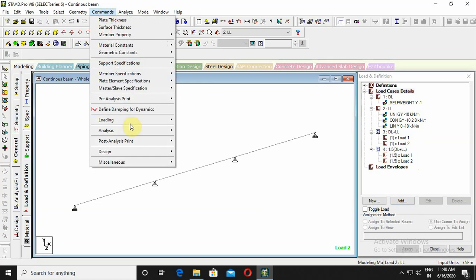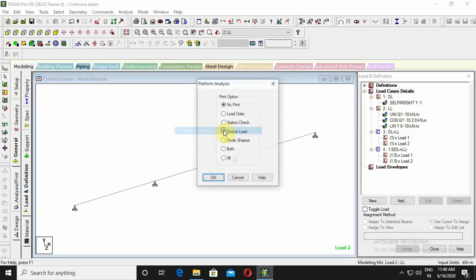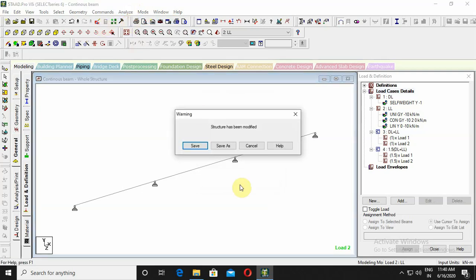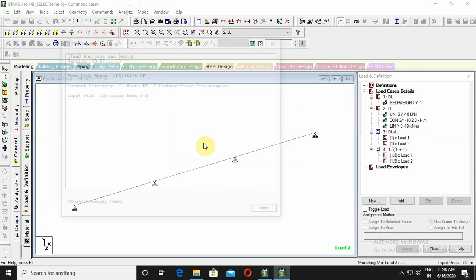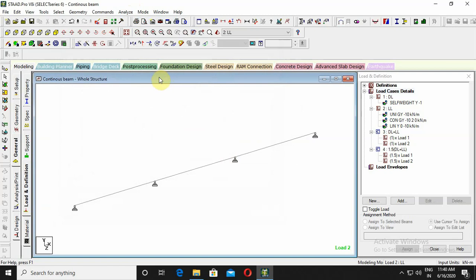Now go to commands and click on the assign analysis, go to perform analysis. You can check this as no print and then okay. Now you can analyze, go to the analyze option and click on the run analysis. After analyzing you can click on the done and go to the post processing tab.